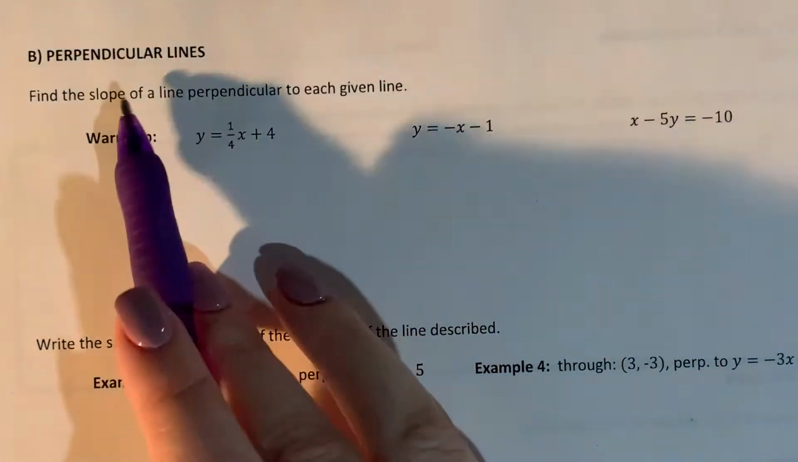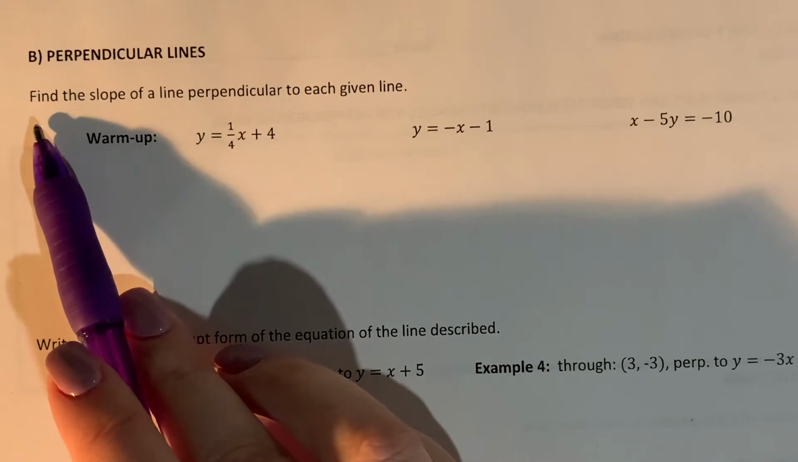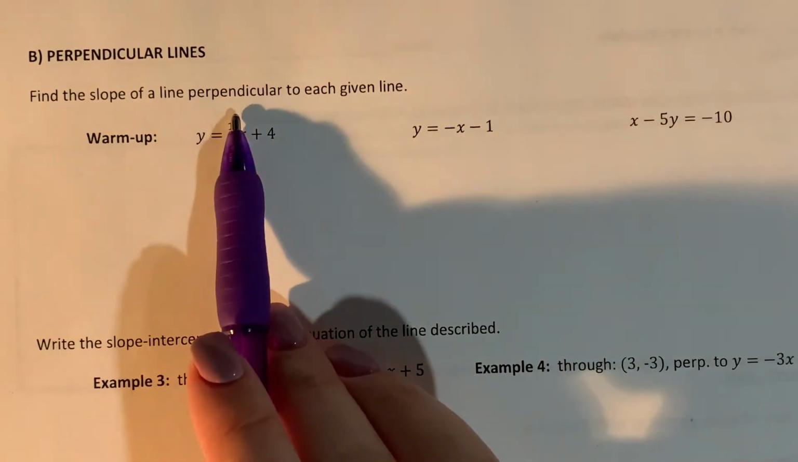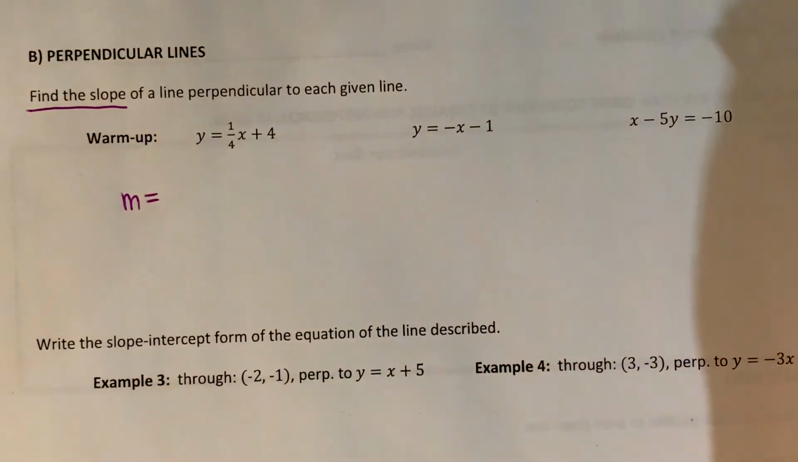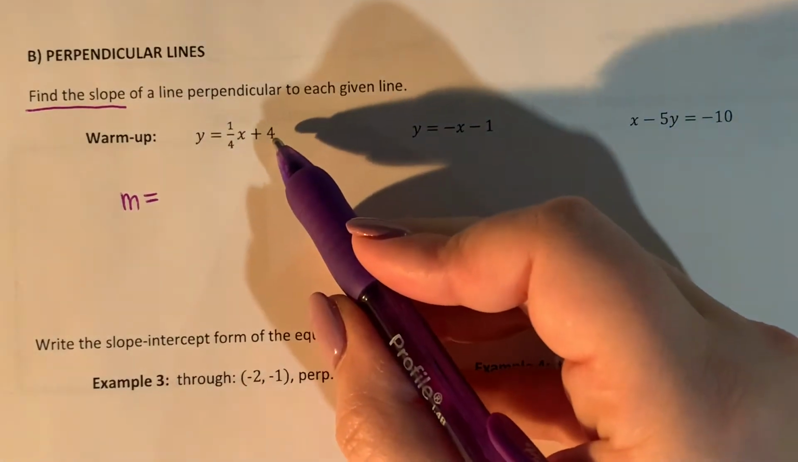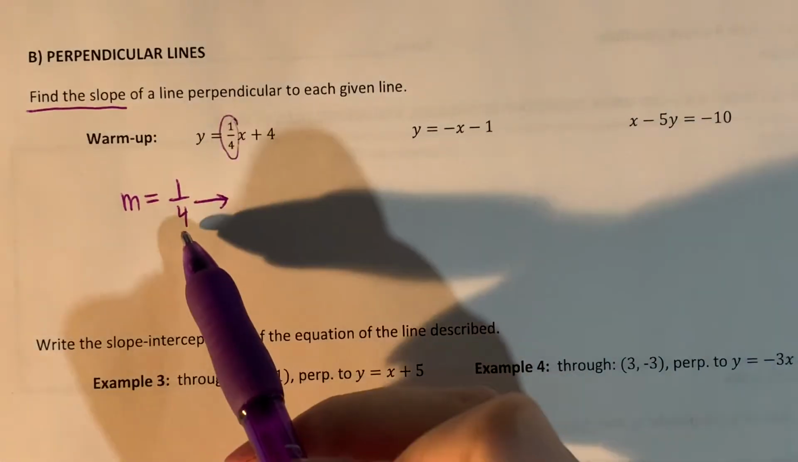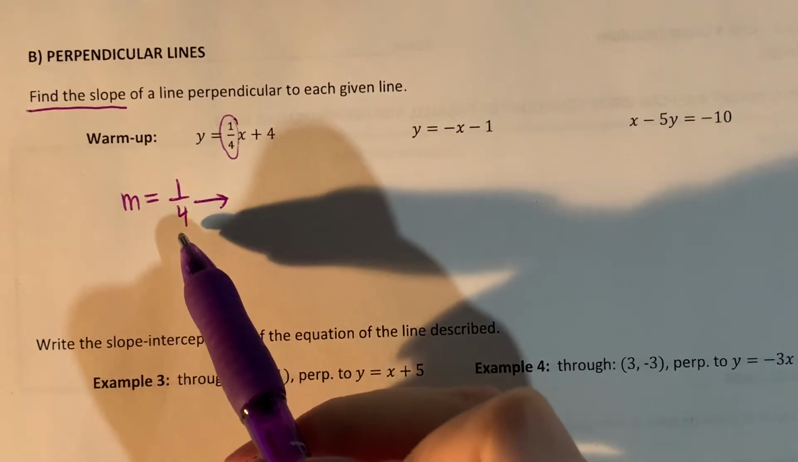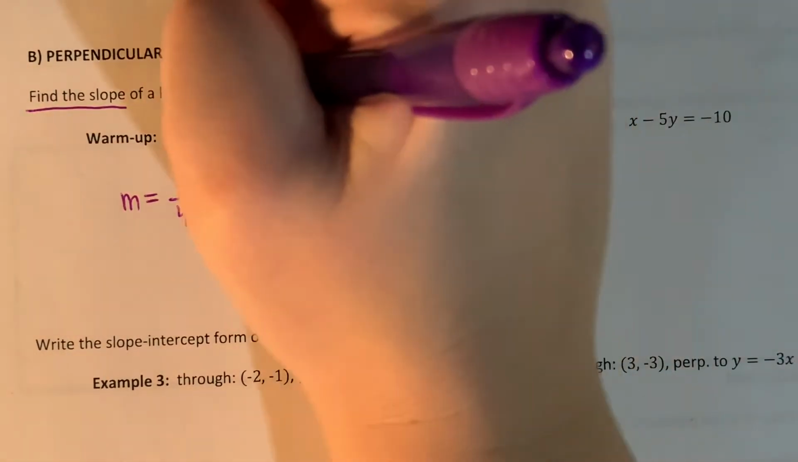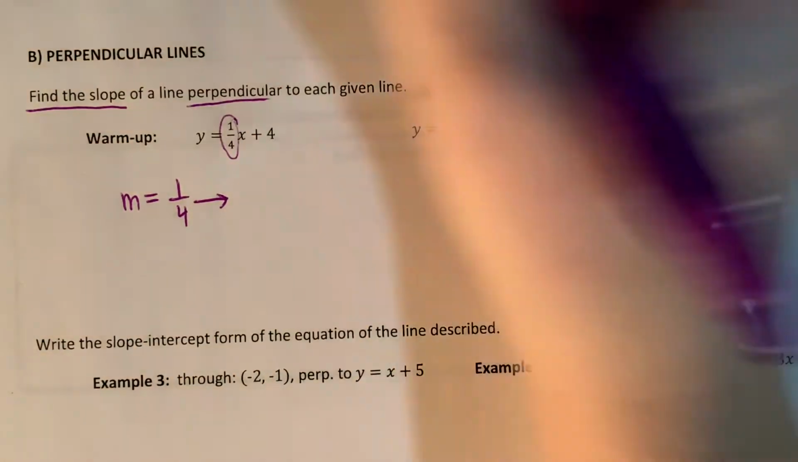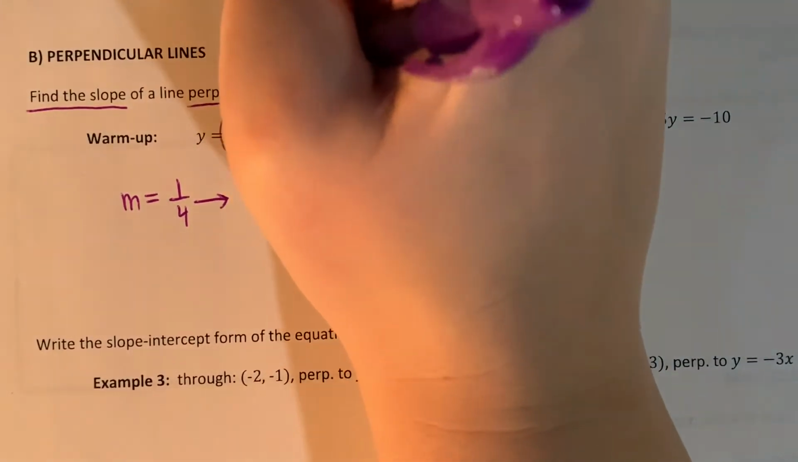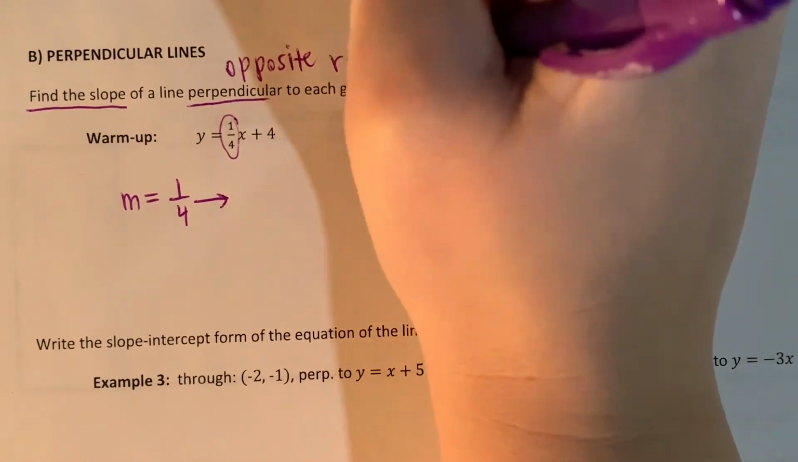So for part B, perpendicular lines, for our warm-up, we're asked to find the slope of a line perpendicular to each of these given lines. So for finding slope, that means that our answer is going to be m equals. And for our given line, if we were finding a slope that's parallel to it or the same as it, it would be 1/4. But we need to do the opposite reciprocal slope. We can make a note up here. Since it's perpendicular to the given line, we need to do the opposite reciprocal,